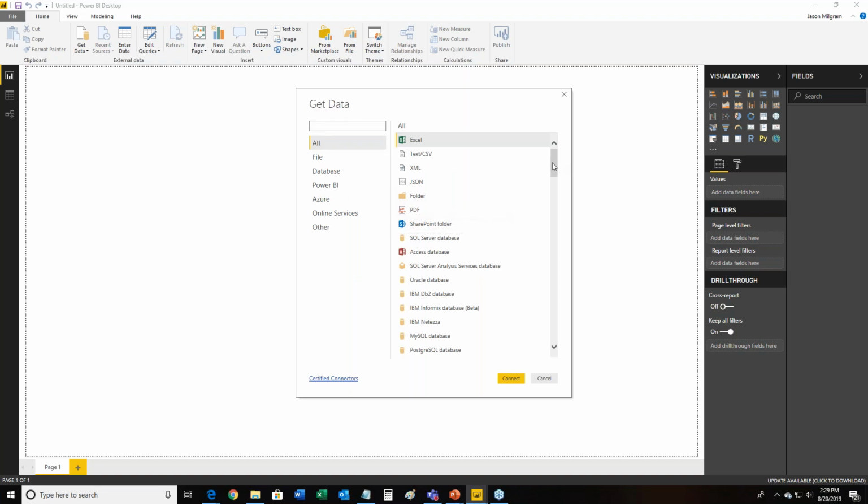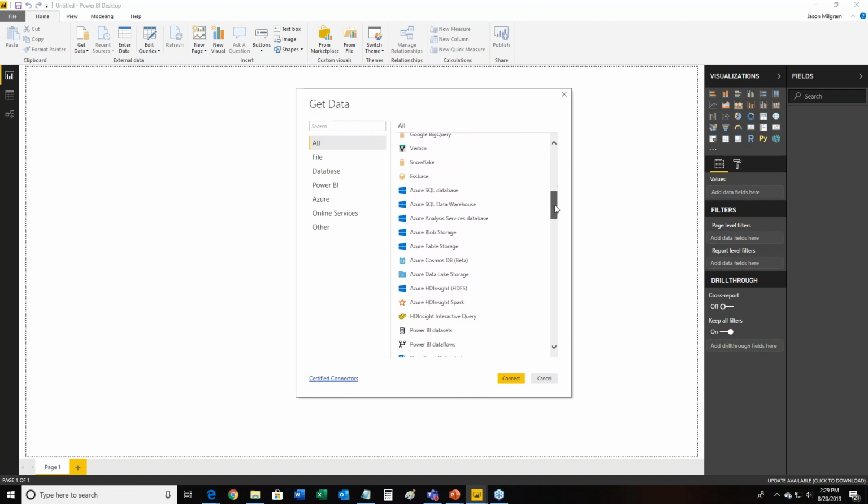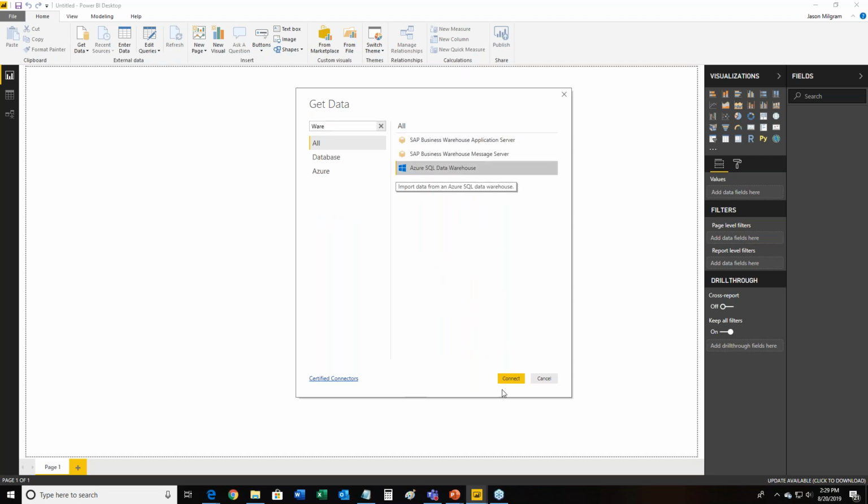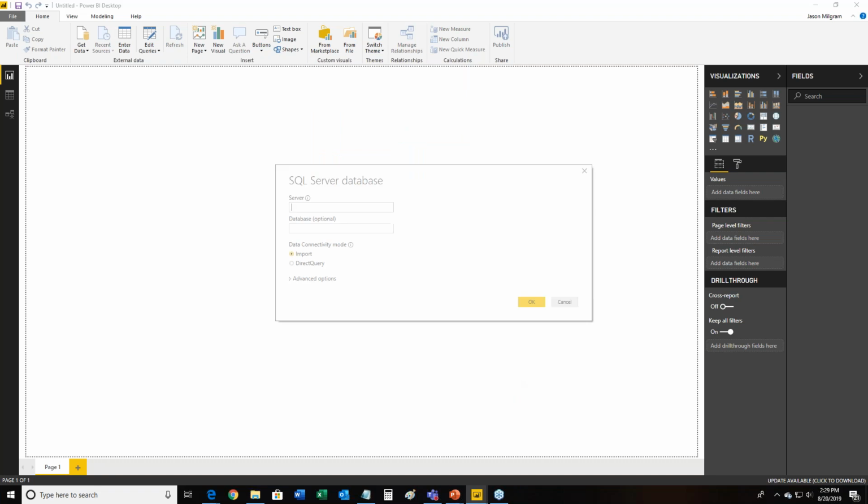And again, in Power BI desktop, I have all kinds of data sources I can pull from. I'm just going to do a search for warehouse. There's Azure SQL Data Warehouse. I'm connecting. And here I've got to put in the data warehouse server. And here I'm going to put in the database.